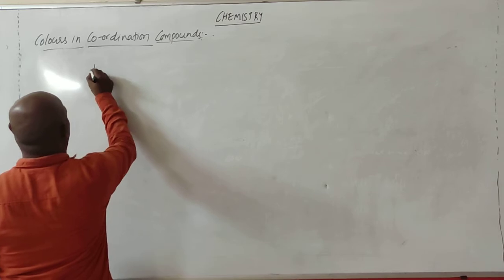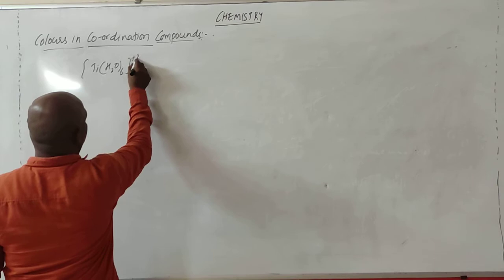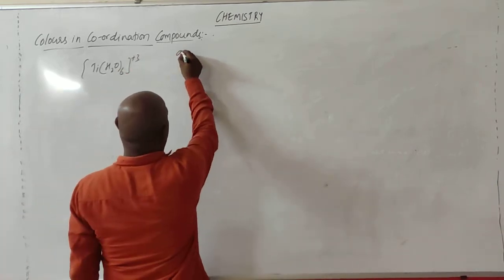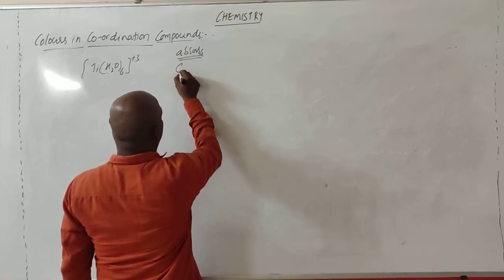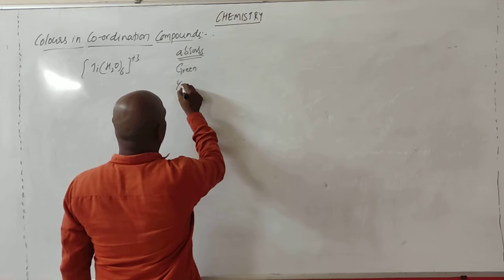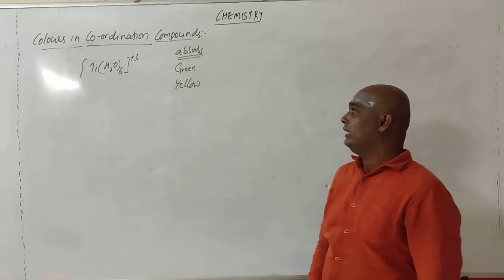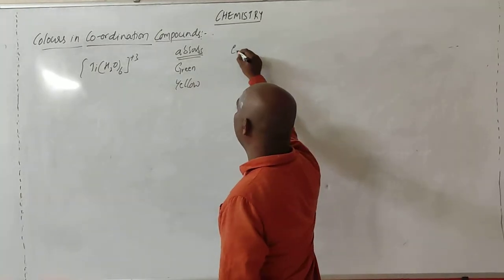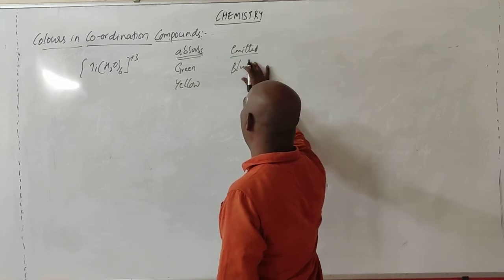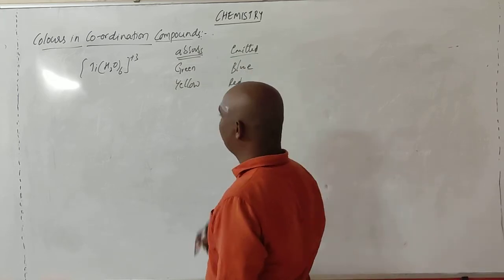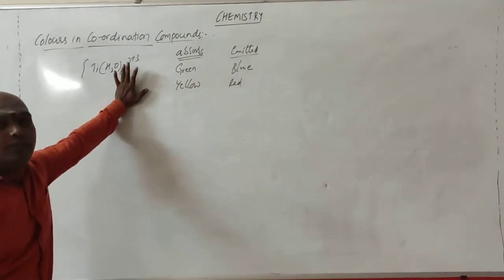Suppose you are having titanium, something like [Ti(H2O)6]3+. Listen, it absorbs light. It absorbs the light like green color and yellow color. So there is absorption of colors by titanium. Okay, and it emits colors like blue color and red color. See, titanium is taken 6 times plus 3. What will it be having?